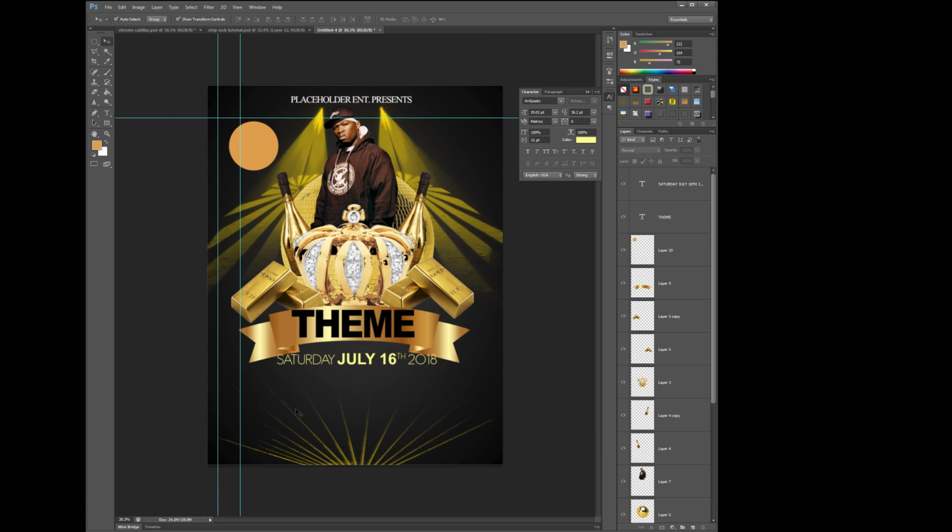So just have a visual memory of where they are. Okay, so if you look down now, here we can move that up. You don't really want anything obscuring the text and things like that. So one of the things is, what's the theme? It's a birthday party, anniversary, a show, or whatever goes. Then we're looking at the time and the date.